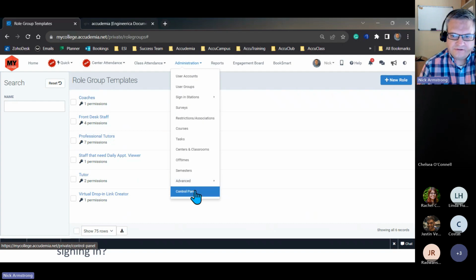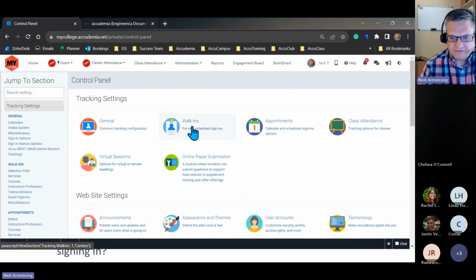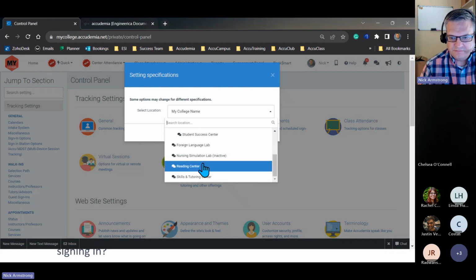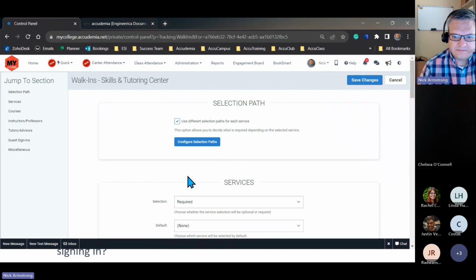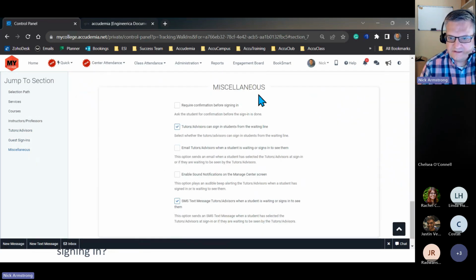So when you go into your administration control panel and we look at the walk-ins section, specifically for your center, if I wanted the tutors to be able to help me with the sign-in, under the very last section, labeled miscellaneous here, you will see that there's an option for the tutors to help with managing the waiting line. And basically what that allows them to do is sign students in and out of the waiting line